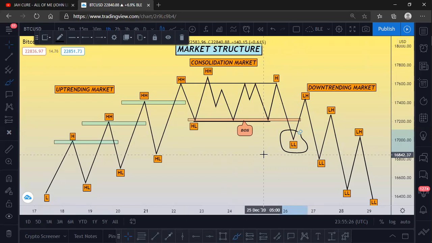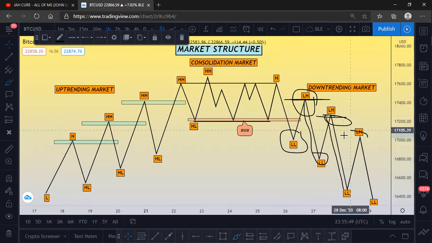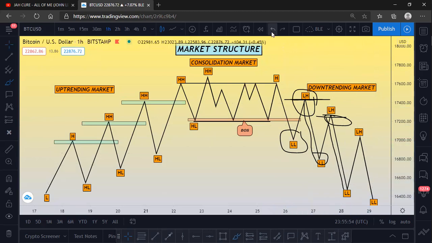So in a downtrend, you only want to do what? You only want to sell at a premium price. You only want to catch your sell here. So by the time you catch your sell in this area, you can ride it down to the next lower low. Try to catch it somewhere here again, write it down. You understand? Okay. All right.